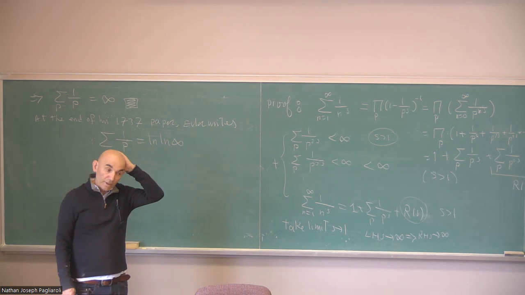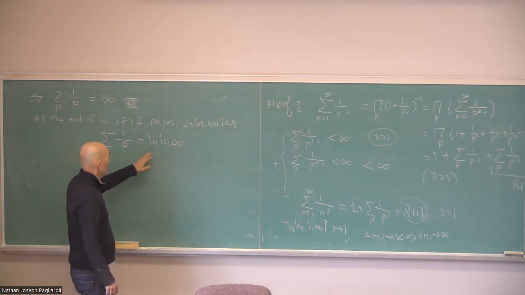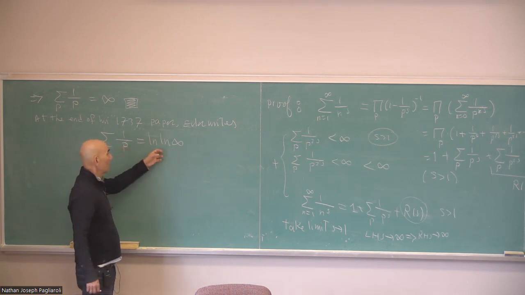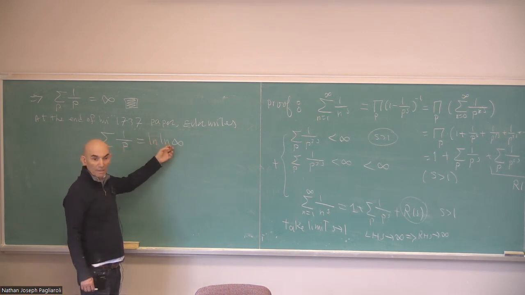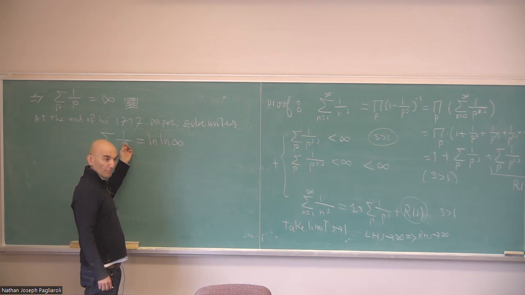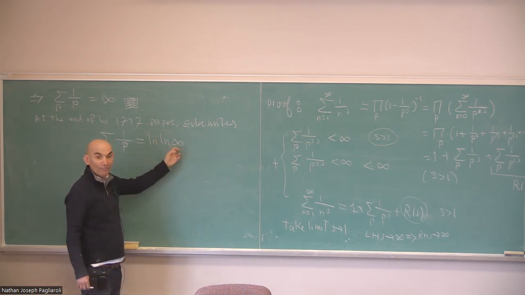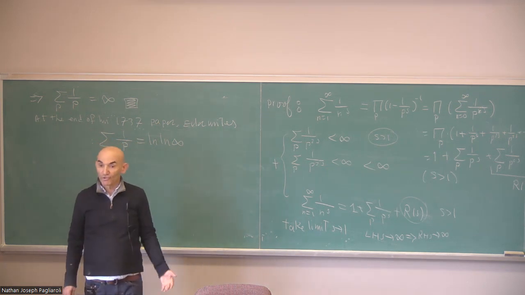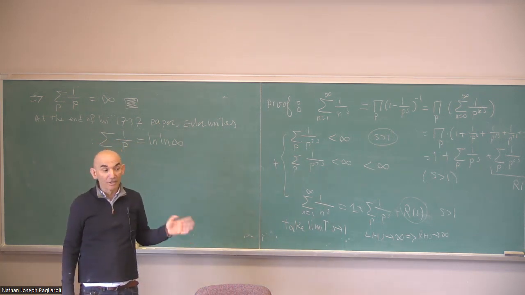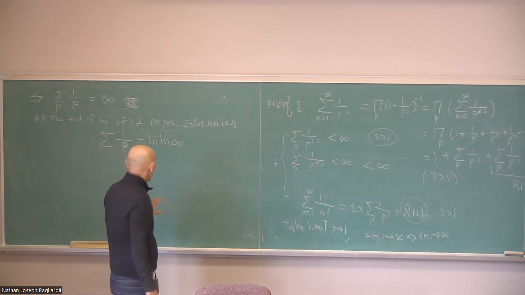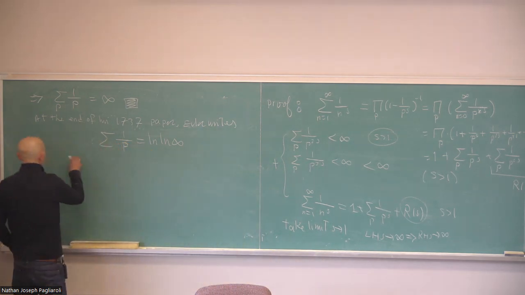And then the question is, first of all, what does it mean? This is equal to log infinity. Of course, you can say, well, log infinity is also infinite, so this is also infinite, so no information here. No, that's not what he means. It's not log infinity or any strange function of infinity which would give infinity. That's not what he means. He has something else. So one possible interpretation is,